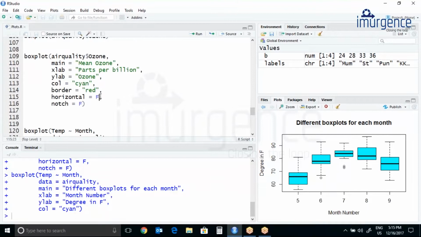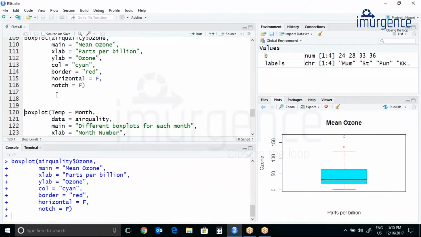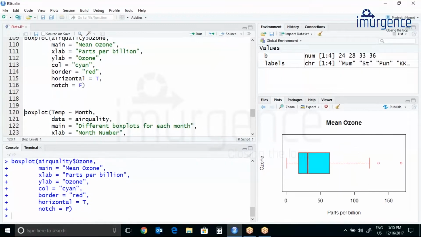One more thing which is remaining: if you want this as horizontal, you can just do horizontal equals to TRUE, then you will get a plot something like this. It makes it very easy for us to visualize. So it's again your choice. If you want vertical, you can go with the vertical plots. If you want horizontal, then you can go with the horizontal plots.